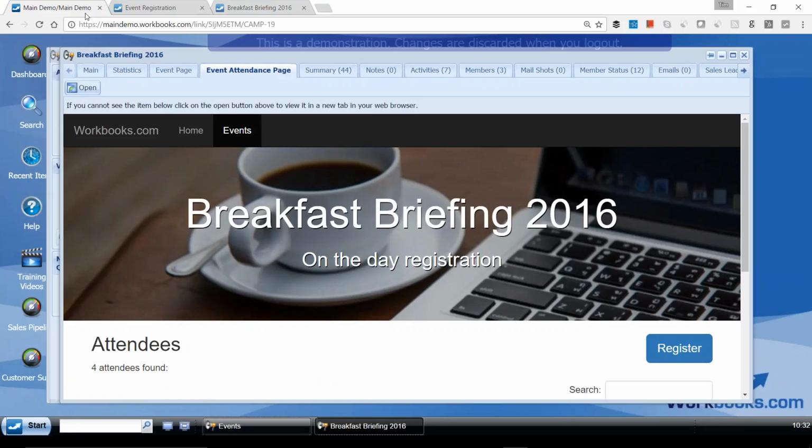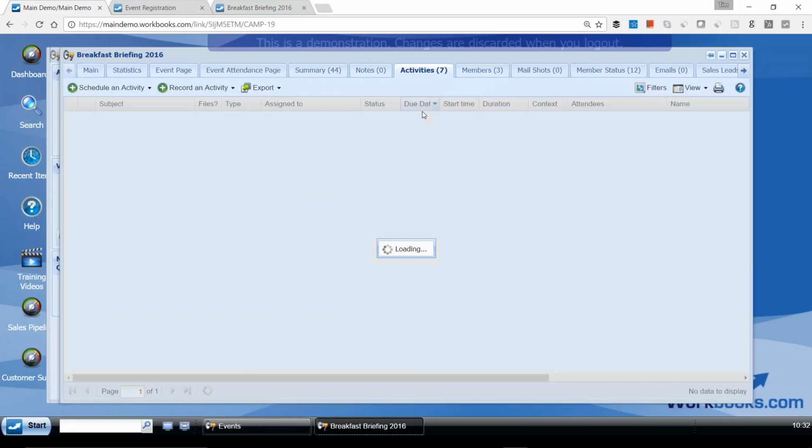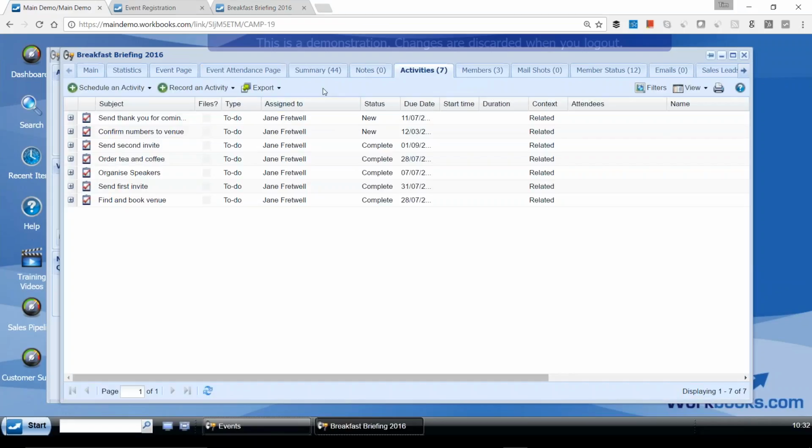So let me go back to the event page. Another important tab here is activities. This is a way of laying out what the key things are, what are the to-dos that you've got to do on this marketing activity. This again takes the stress out of the event, because here we've got a simple way of seeing where we are at with all of these different activities and who in the team has got to do them. You're not working on your own. You may be working as a team, and so you want to make sure that you are delegating activities to them.